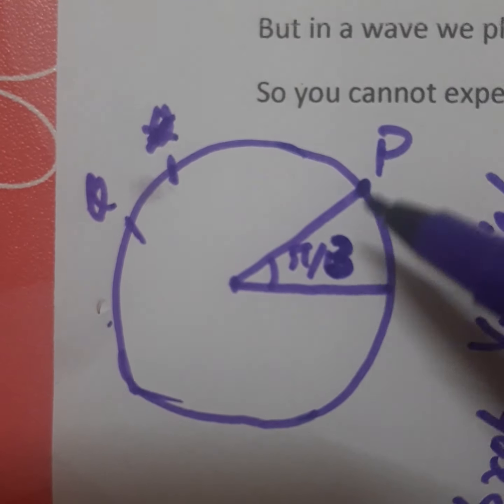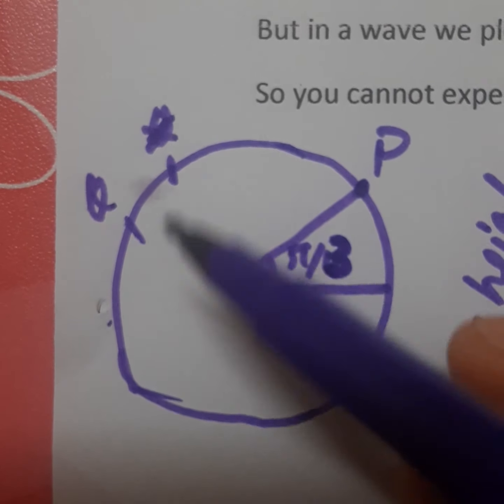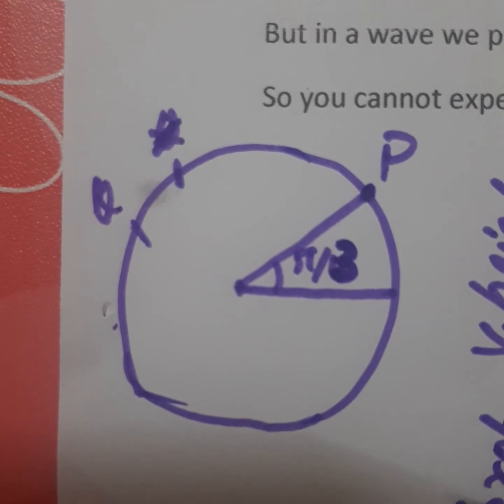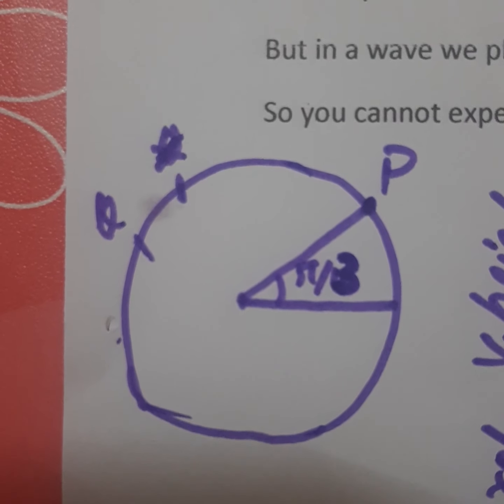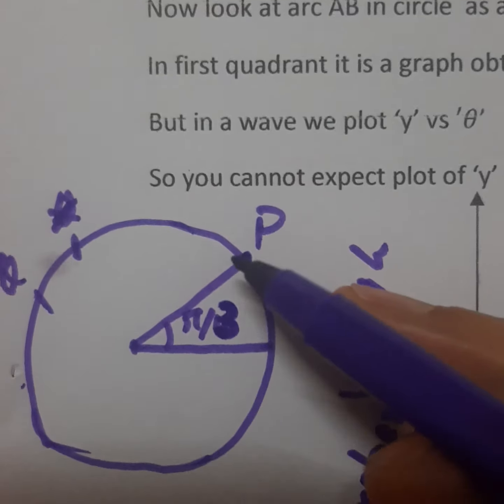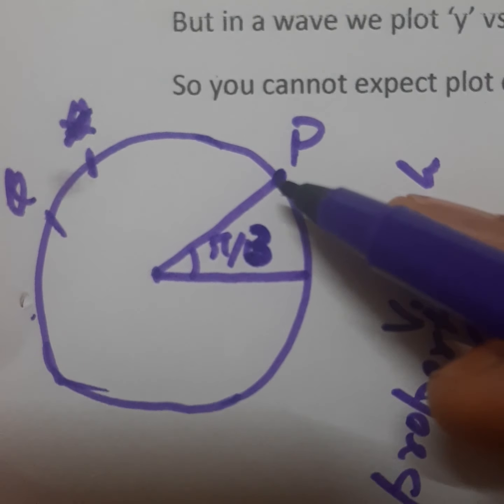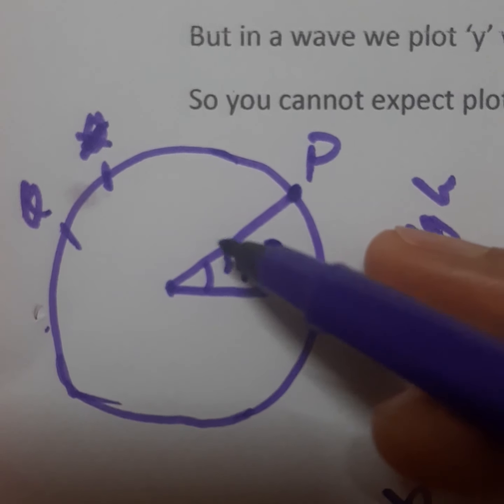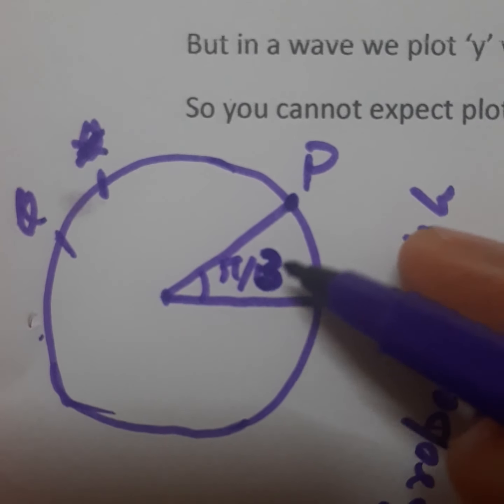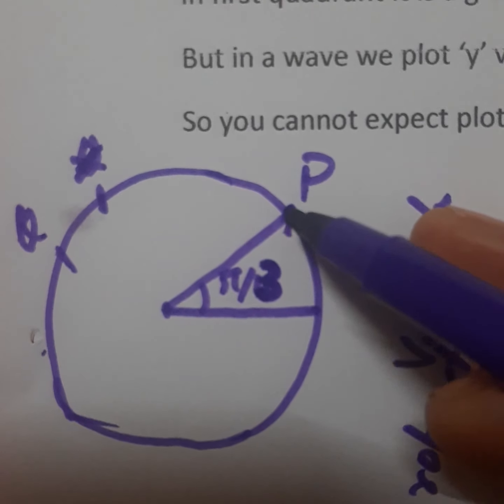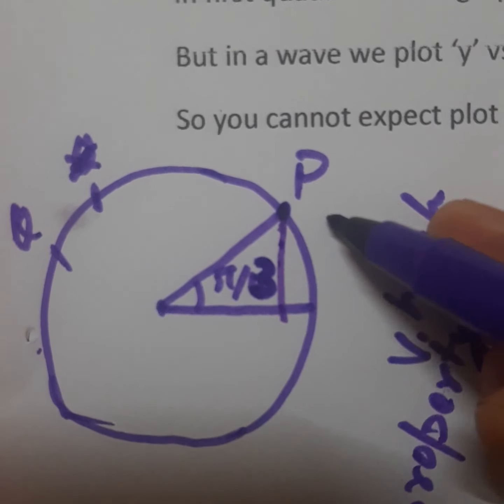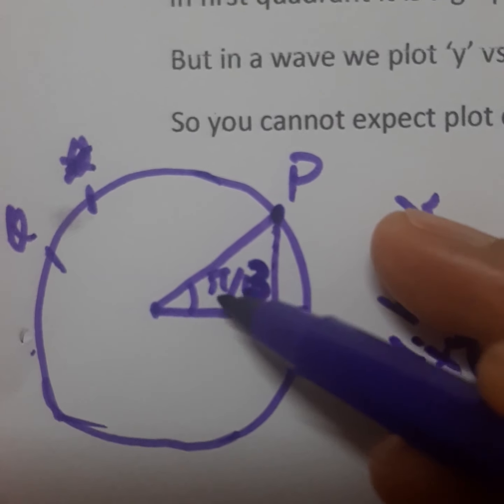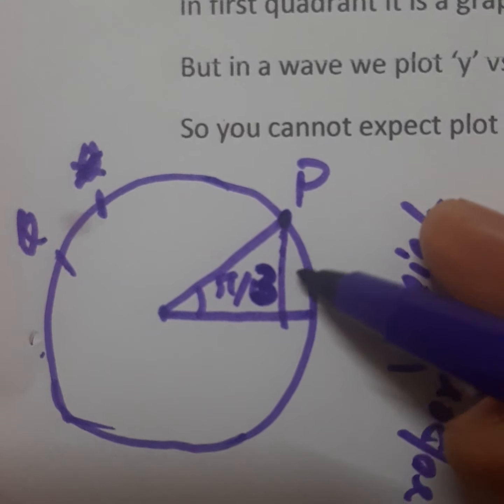So we can either use only the vertical line property to describe the position of every different particle, or we can use the horizontal line property also. Okay, vertical line property, let's focus on this point P. What's the height of this point P in the wave? It's describing theta equals pi by 3. Vertical line, as I said before, means this is sine theta, as this is 1 unit. So this is pi by 3 and we know this distance is called sine theta.